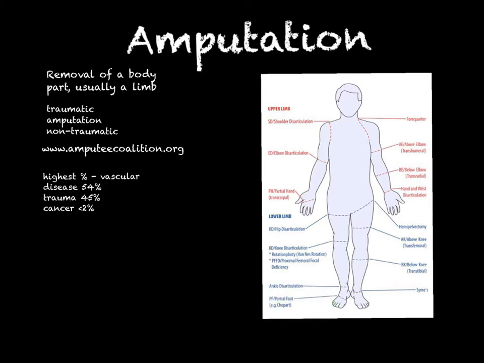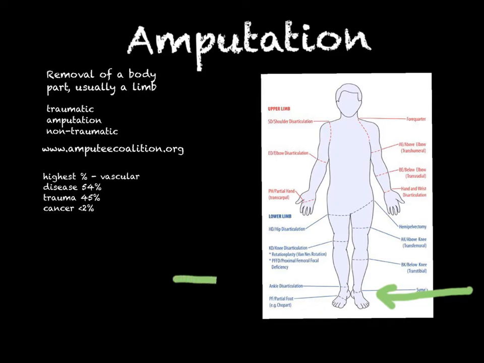You can do what's called a Syme amputation, and let me draw attention to that here. And what that is, you remove the entire foot, but you leave the heel. And the heel is important because that fleshy pad gives you something to walk with when you have a prosthetic. It is more difficult to fit a prosthetic device over a Syme amputation because the shape of the limb tends to be bulbous, and you really need to have a specially fitted prosthetic for that. But retaining the heel really does seem to help with balance from what I read.